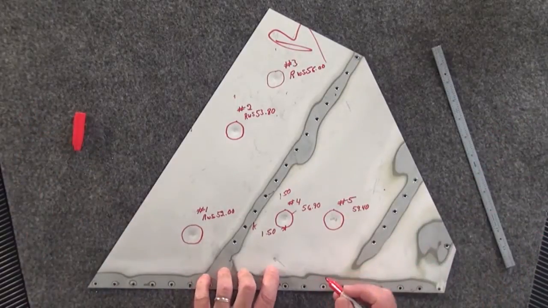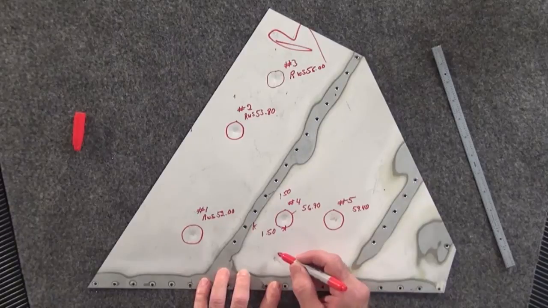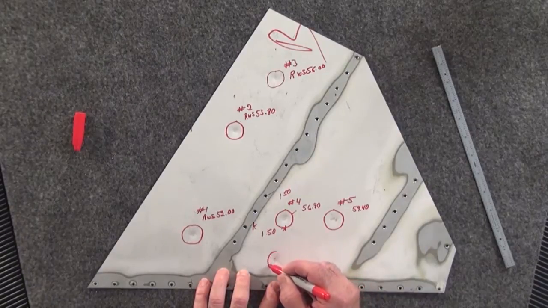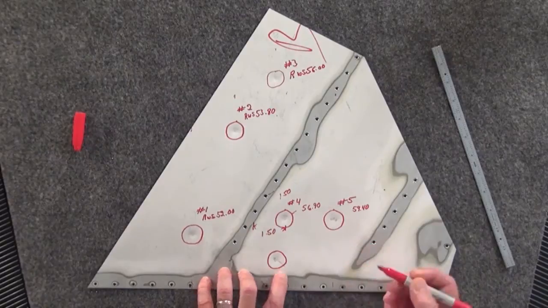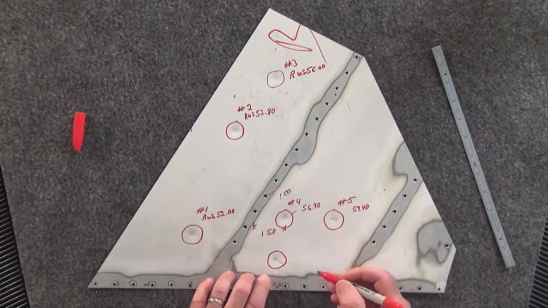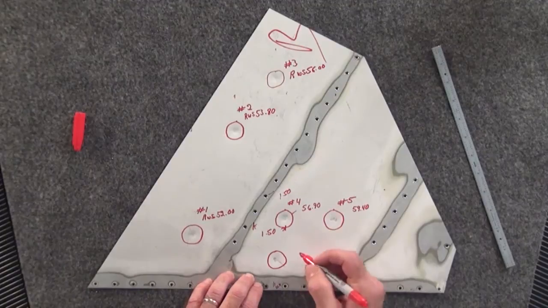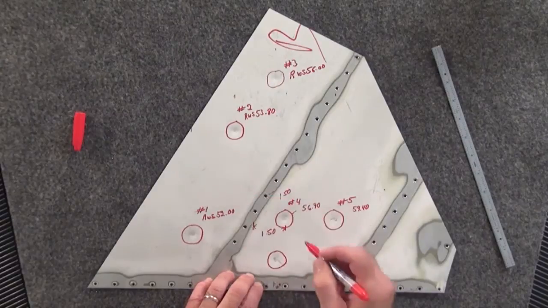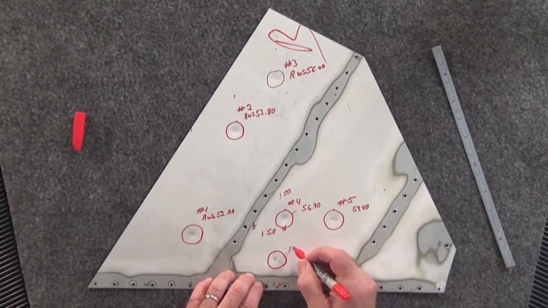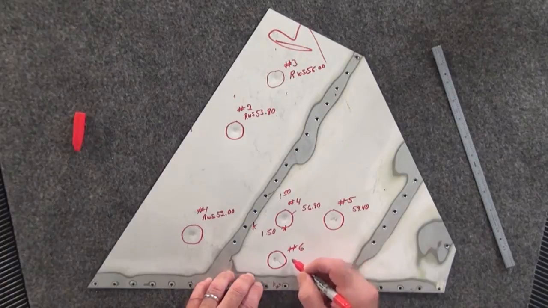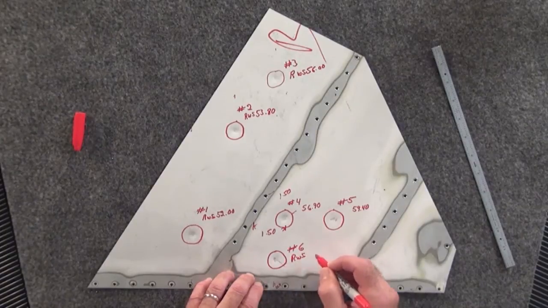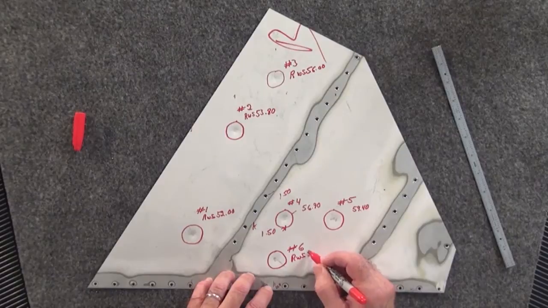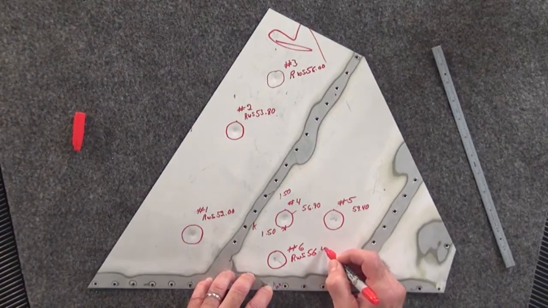And now I see I've got one damage here that I haven't marked yet, so we'll throw that in here also. Again, it's approximately 1 inch in diameter, and because we've got 5 locations already, we'll go ahead and give this 6. And our WS 56.40. Now, the location numbers are going to be important when we fill out the structural damage reporting form,